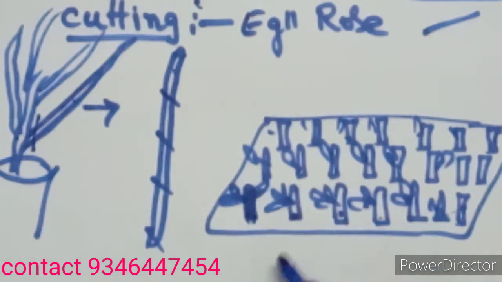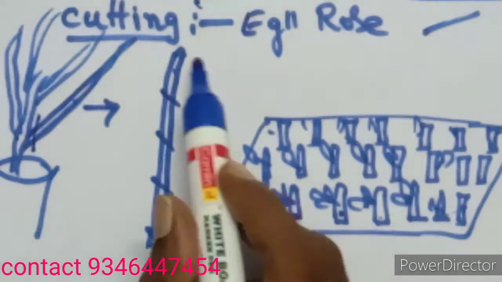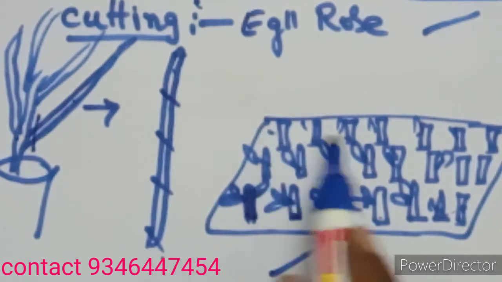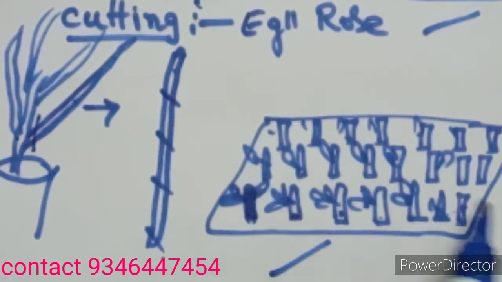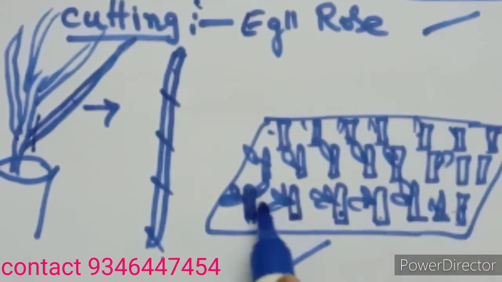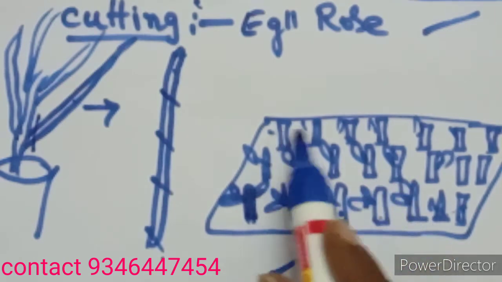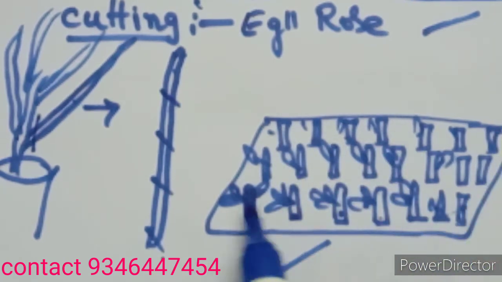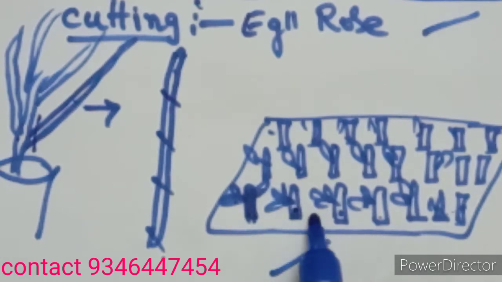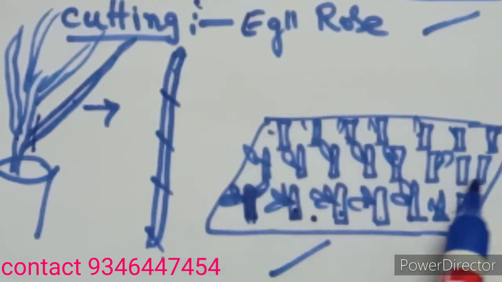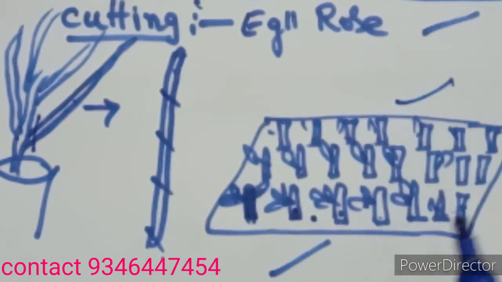So it is an artificial method. Creating many cuttings in the branch, all the cuttings are inserted in the soil, which is in wet condition. Later water is given regularly, in the morning and evening. Then all these cuttings will grow and produce new flowers and leaves. Then we can say that within a short time, a number of plants grow at a time. This is also reproduction. This is also propagation. This is artificial vegetative propagation.